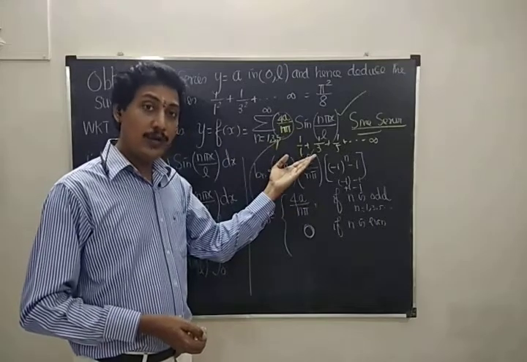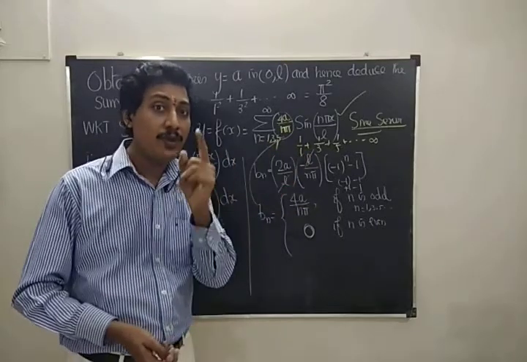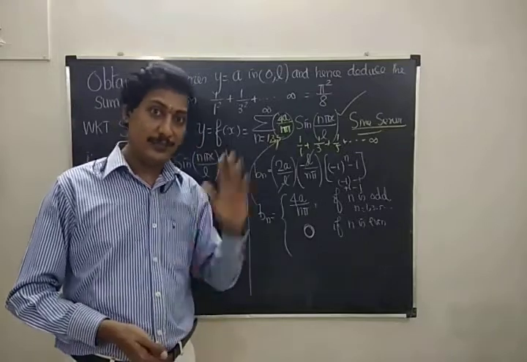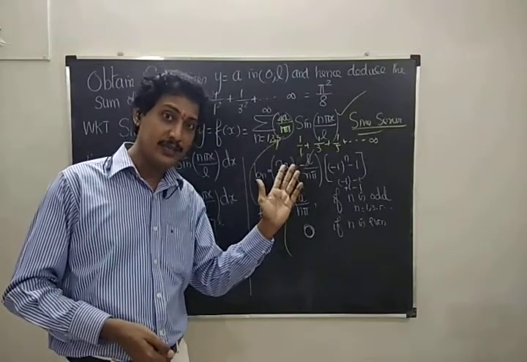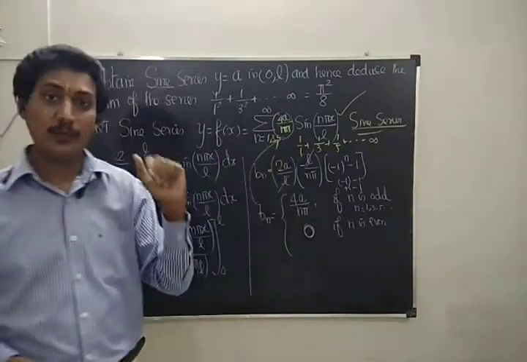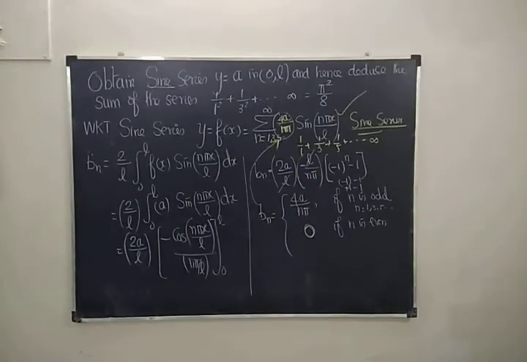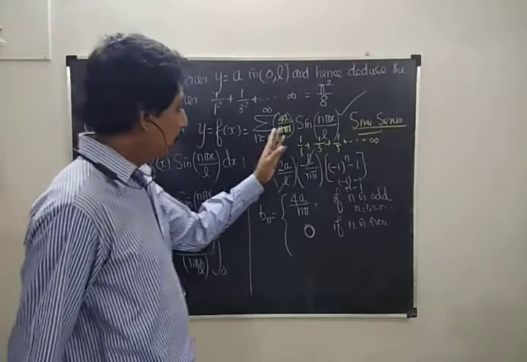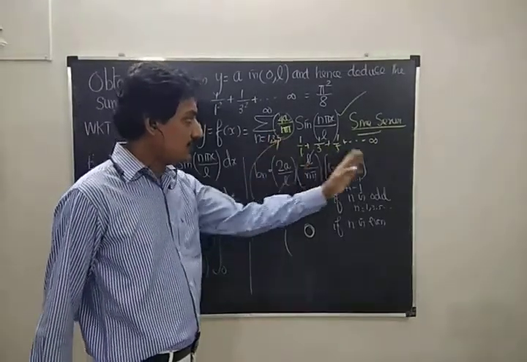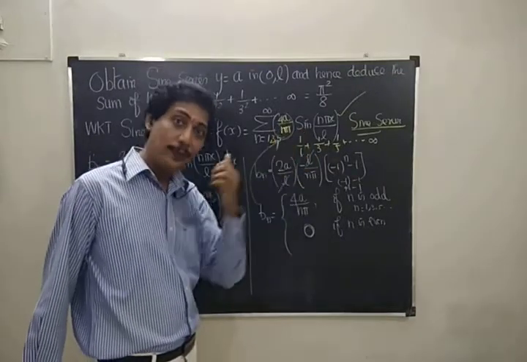it looks like 1 by 1, 1 by 3, 1 by 5 with the help of the convergence theorem. We already made a separate video for the convergence theorem. You can apply the convergence theorem and you will get this series. So there is a separate video for the convergence theorem. If you are going to generate the infinite series as it is, you apply the convergence theorem.